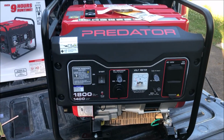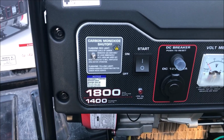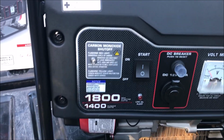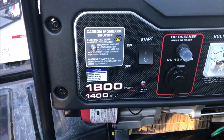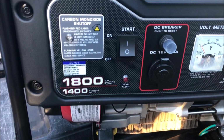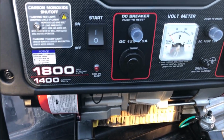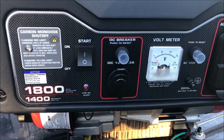So I'm calling it the Predator 1800, but as you can see here, it's 1800 starting, 1400 watts running. Looking at the front of it, it does have an indicator up here that tells you there's a carbon monoxide alert and it's shutting off for that reason. It's great if somebody forgets and runs it in their garage. It also has an oil alert, so if you're low on oil, you have your on-off switch for starting, stopping,